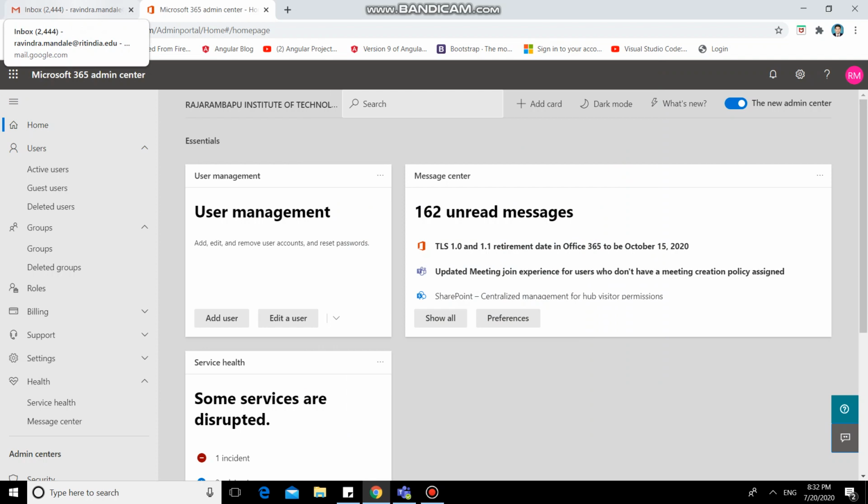But only when I start that meeting will they get that particular meeting started. Before 10 they will not join that meeting. They will get a message to wait for some time or something. So as I am the organizer, I should start that meeting, and then only the other members will join that particular meeting.